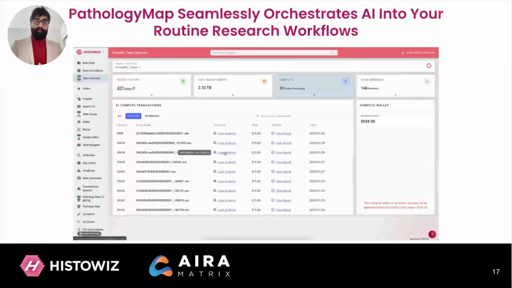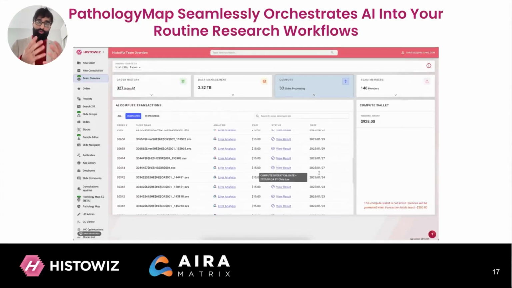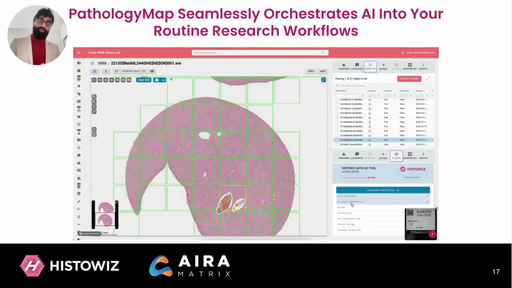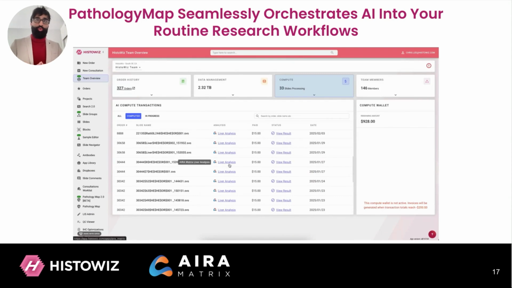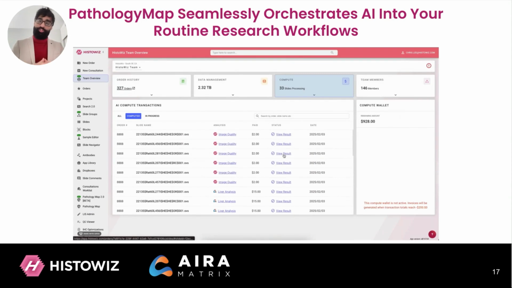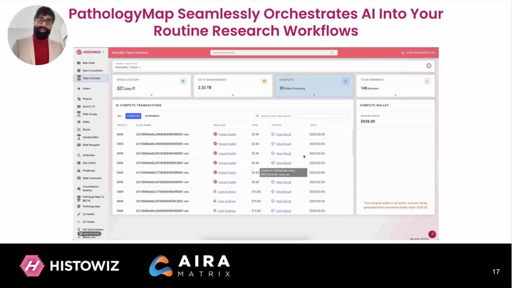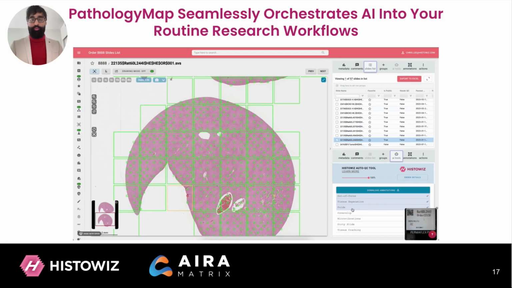So for that, we have the compute page on our platform, and this is where you can access all the information about your slides, what AI tools are available, and view results for the tools that you have already processed. You can think of it as a dashboard to essentially monitor what specific tools you ran on your images and further take action on your slides. And again, we will go over this in detail when I give a demo of the platform.